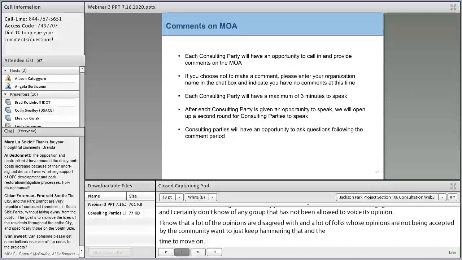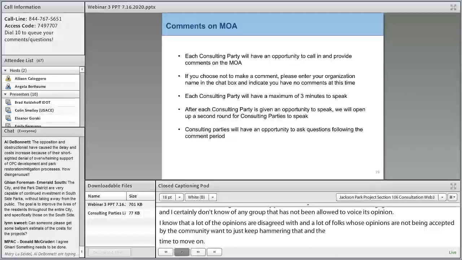I'd actually like to start with the most recent comment from Jackson Park Watch. I think it's very interesting that now you're okay with addressing 2020 conditions. So why not address 2020 conditions with respect to Jackson Park, not just with respect to the OPC? This is a position that we have been discussing for years now. The 2020 conditions put people over parks. It is not an homage to the designers of a park